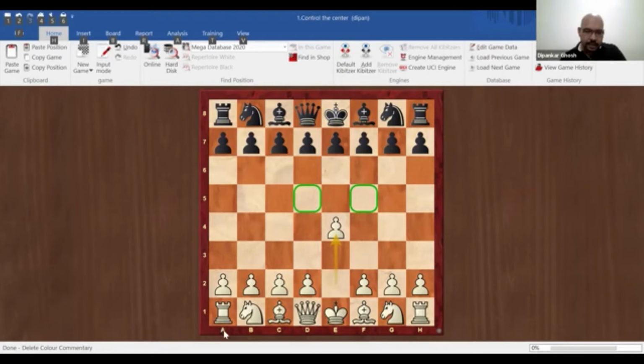By the way, if you're not familiar with the square names that I'm mentioning, you can see at the bottom of my board, there are letters A, B, C, D up until H. And on the left side, you can see 1, 2, 3 up until 8. And these two combined make up the square names. So I'll quickly give a tutorial on how this works. For example, this square that I've highlighted would be called C4. The reason being, this is on the C file and 4. So you see, we start with the letter and the number, and that combined together forms the name of the square. So this allows us to name every single square on the chessboard, okay?